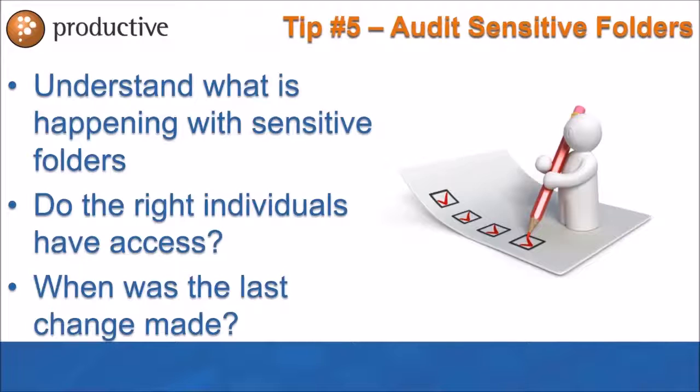The way that a lot of folks have really tried to improve their security is through file and folder encryption, right? So we're encrypting these file shares. We're doing full disk encryption on our laptops. That's kind of a no-brainer there, right? But now we're doing file and folder encryption, and we're telling folks, hey, put your sensitive docs here, but if we're not controlling who actually has access to those encrypted areas, again, a credential hack, and now you've got someone with legitimate access to a place where you didn't want them to have access at all, or where access was not required for them to do their job,